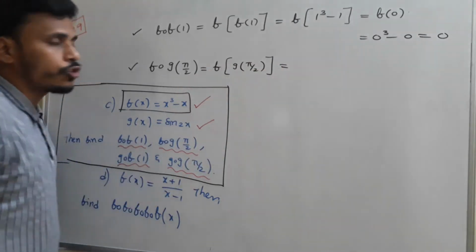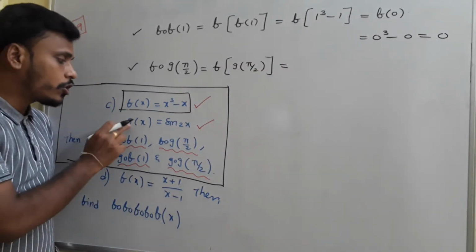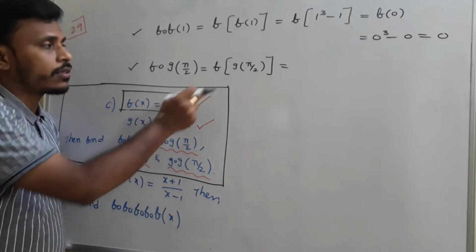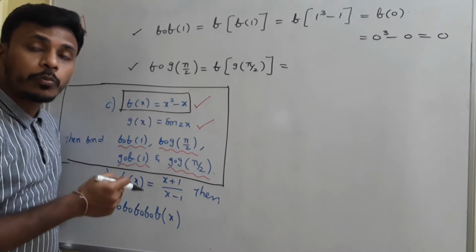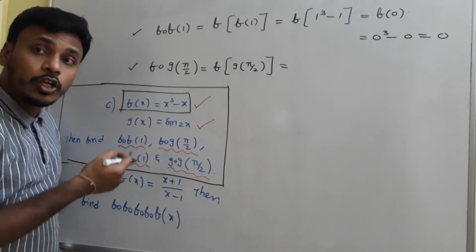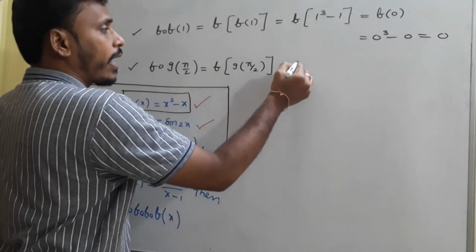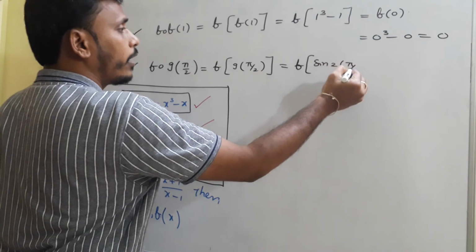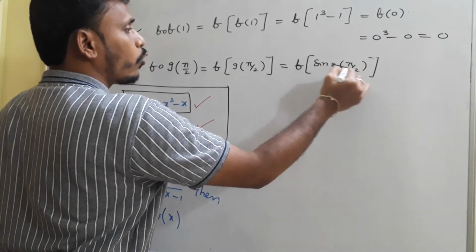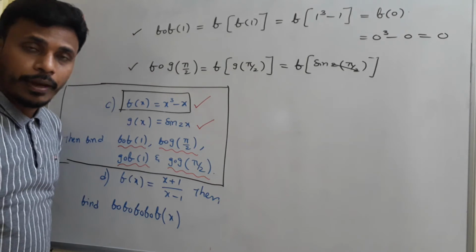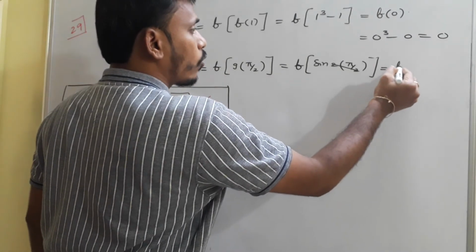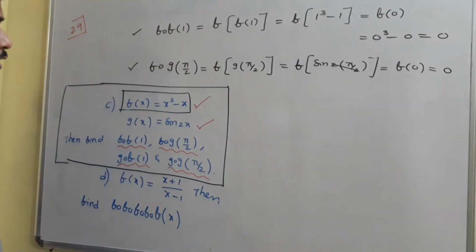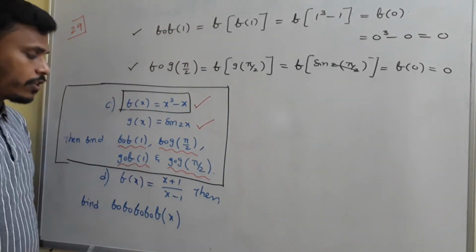This time here we need to use function g. Okay. See, g of x is sine 2x. So if input is x, output is sine 2x. If input is pi by 2, output is sine 2 of pi by 2. So I can write it like this: f of sine 2 of pi by 2. Okay. So if you simplify, the 2 and 2 will get cancelled. What is sine pi? Sine pi is 0, that is equals to f of 0. Already we found that f of 0 is 0. So f of 0 is equals to 0 again. That is f circle g of pi by 2.